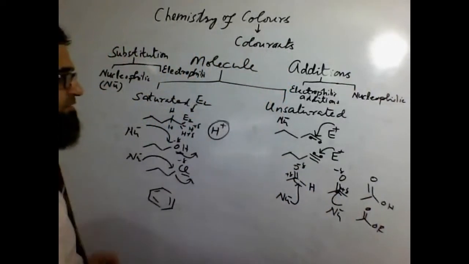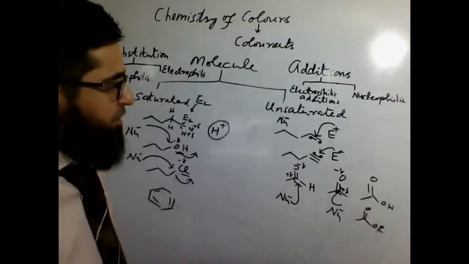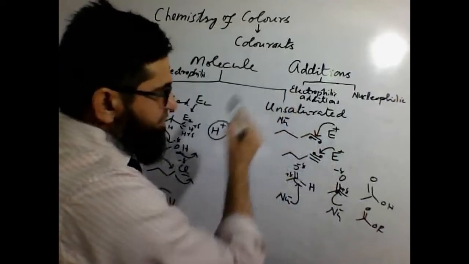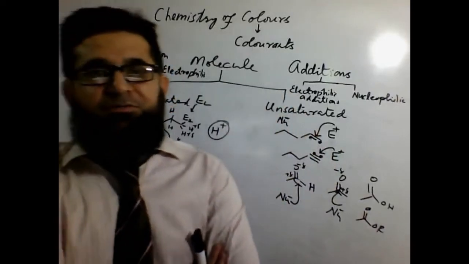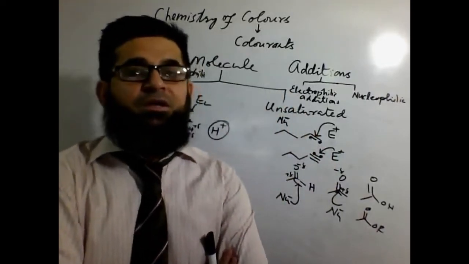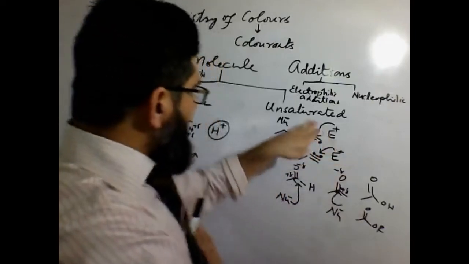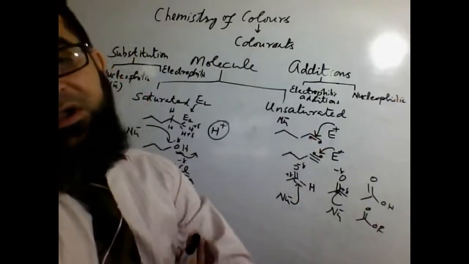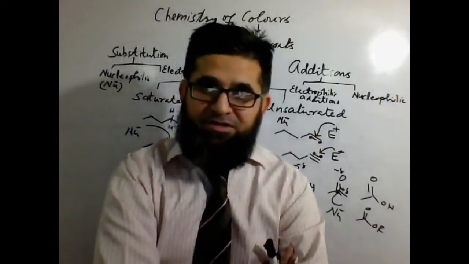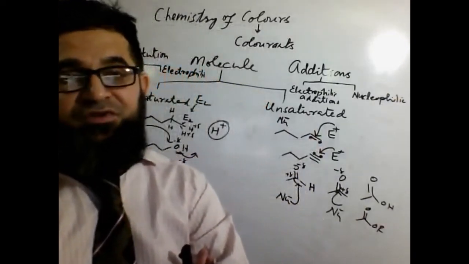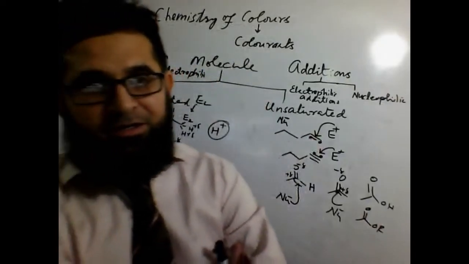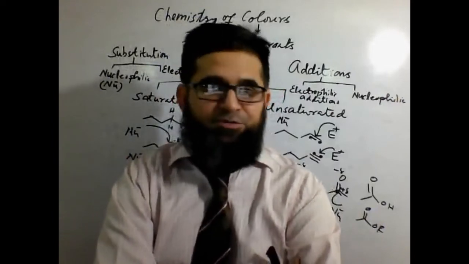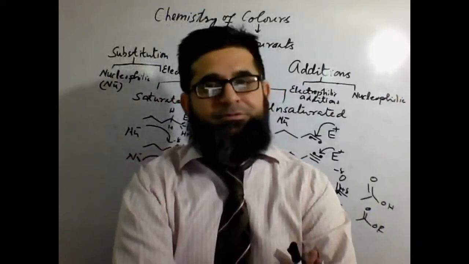On the other side, if the molecule carries double or triple bonds, they are unsaturated. Unsaturated means not fully saturated, whose valency is not fully filled. Carbon is supposed to have 4 valency, but at the moment it has 2 valency and 3 valency. That means somebody can get added into such molecules. Unsaturated molecules are supposed to undergo additions.